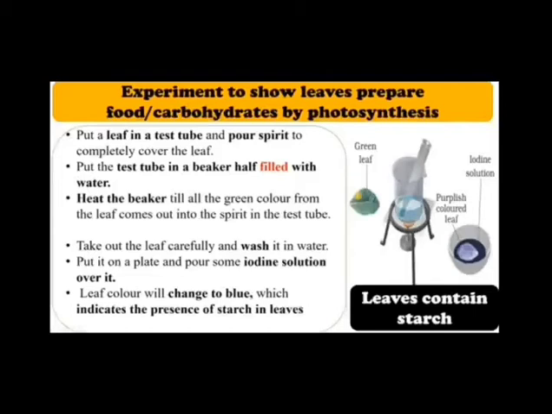Okay, but before performing this test, we know that leaves are green in color. Okay, and if we perform iodine test on these green leaves, we cannot observe the color change clearly. Okay, so first of all we need to turn this leaf colorless. Because if we put some iodine solution over this leaf, we cannot observe the color change clearly. So first of all we need to make it colorless.